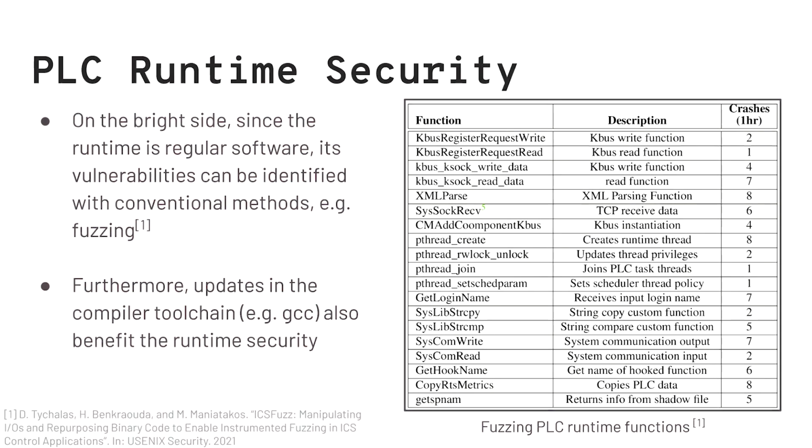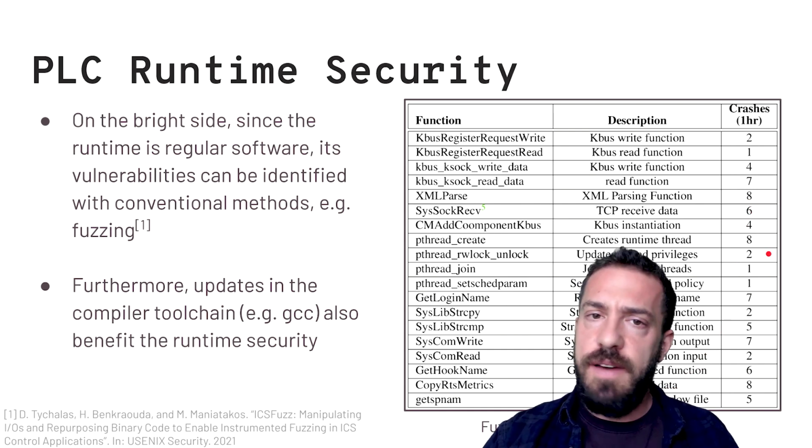And actually, that's some research we've done at NYU, that we took some of the runtime libraries on how it reads the K-bus, that's the interface to the input-output, sensors and actuators, or things like how other threads are being created and how you communicate with the PLC data. And we fuzzed the functions and we found crashes. So fuzzing very quickly